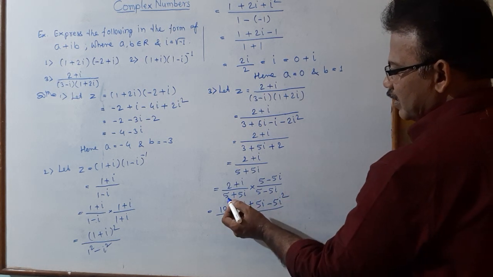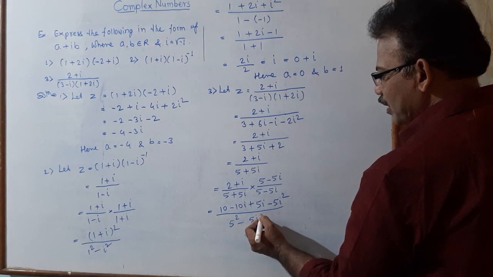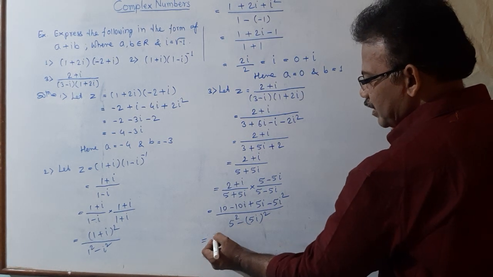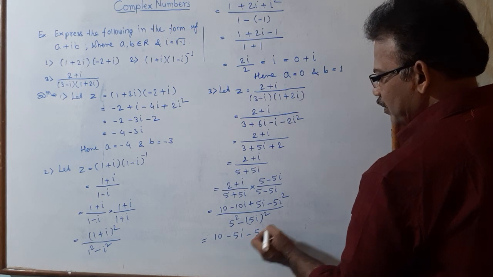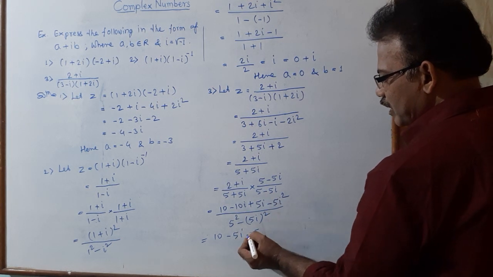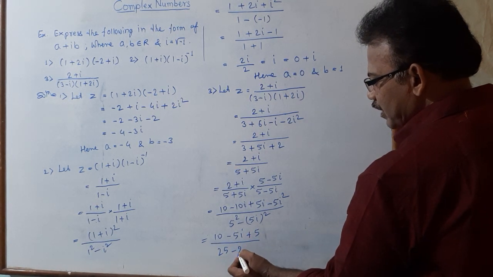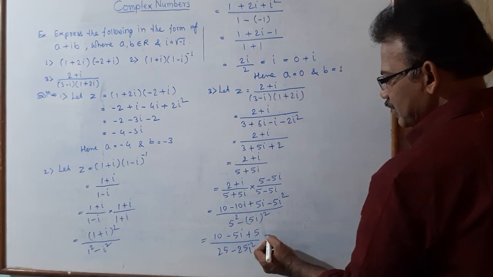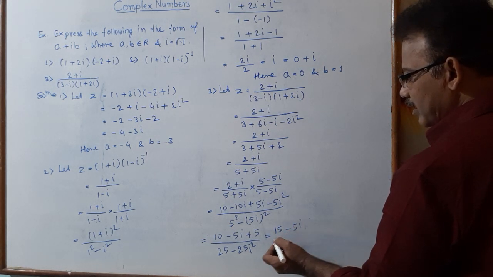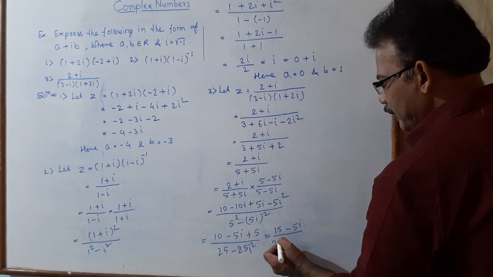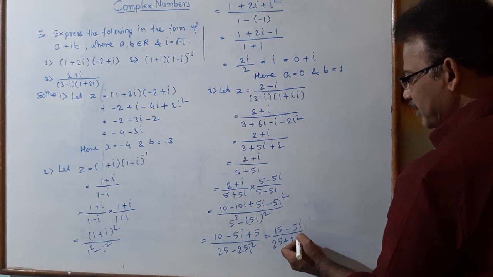And in the denominator, formula a plus b into a minus b, that is a square minus b square. So we get here 5 square minus (5i) whole square. And simplify. 10 minus 10i plus 5i, that is minus 5i, minus 5. And because of i square, minus 1 into minus 5, we get here plus 5. Divide by 5 square, 25, minus 5 square, 25, and i square as it is. Combine real part, 10 plus 5, 15, real part, minus 5i, divide by 25, i square again minus 1, and this minus 25, product minus minus plus, we get here 25.